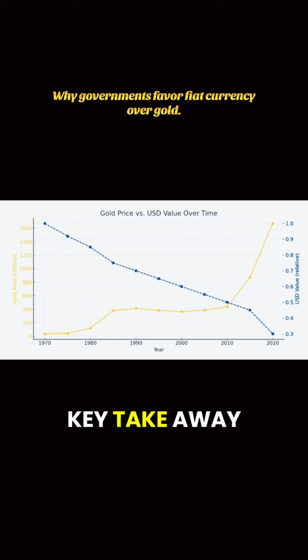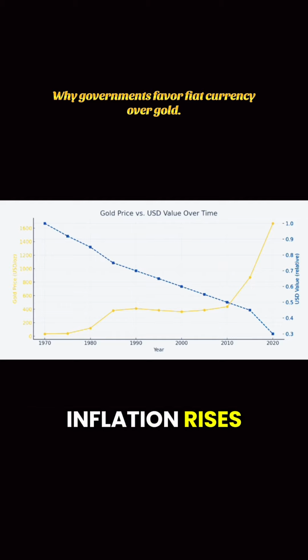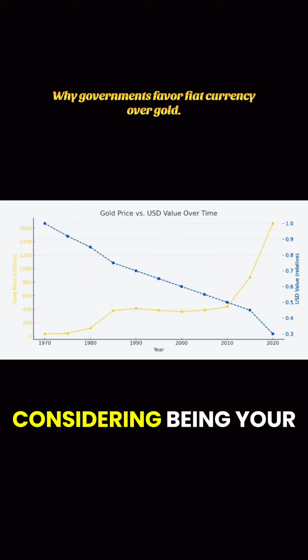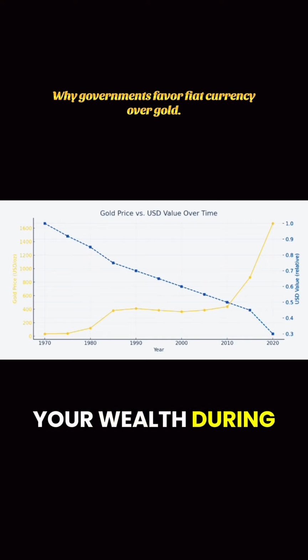So here's your key takeaway. Gold's rise is a reflection of the dollar's decline. So as the Federal Reserve prints more money and inflation rises, gold holds its value. I think it's time, if you haven't already, to start considering being your own central bank, purchasing gold and silver to protect your wealth during this economic